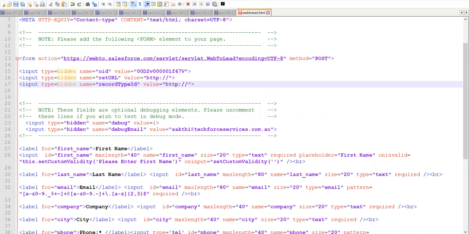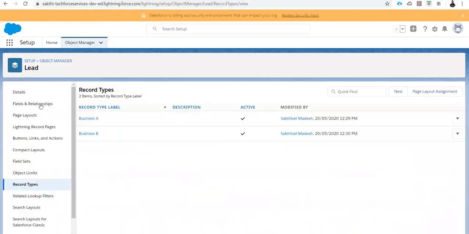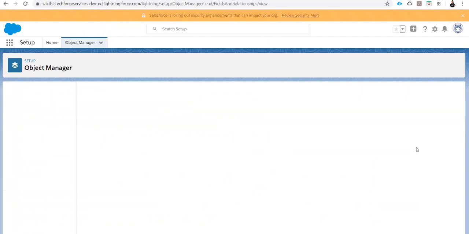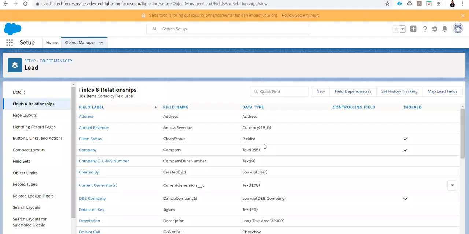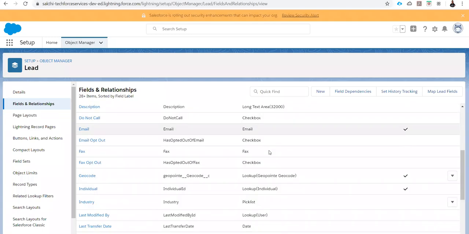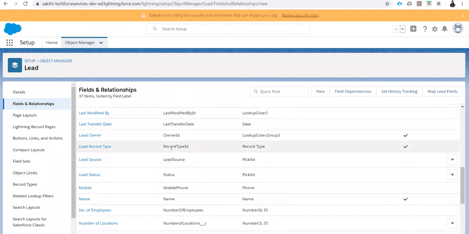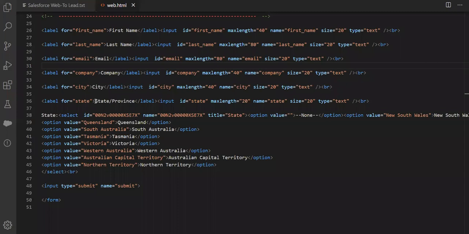If you go to the lead fields and come down, we can find the record type API name. See, this is the record type ID. So this is the one I add as the hidden field in my HTML.